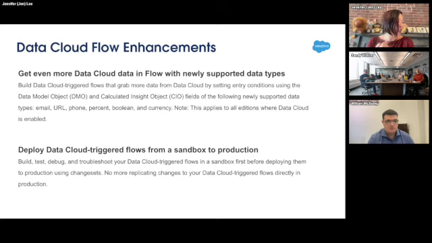All right. For those of you who use Data Cloud, we do have two Flow enhancements. We're now supporting more data types for Data Cloud. You can now set entry conditions for your data model objects and calculated insight object fields for email, URL, phone, percent, Boolean, and currency. And we also now allow you, once you build your Data Cloud triggered flows in a sandbox, to move them to production